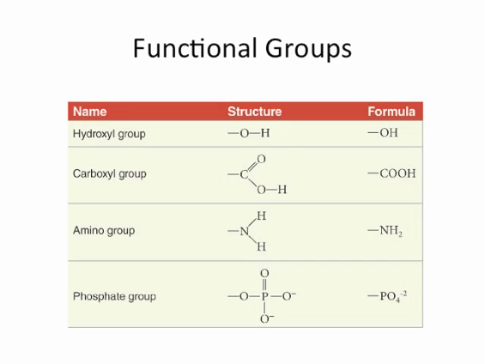So carboxyl group, which is a C with a double bond to an O, also bound to an OH. Carboxyl groups make a substance acidic. So they are an acidic functional group. What happens when you put a carboxyl group into water is that the hydrogen dissociates and becomes H+, so it increases the concentration of H+ in the water that it's in. So carboxyl groups will make a substance acidic.